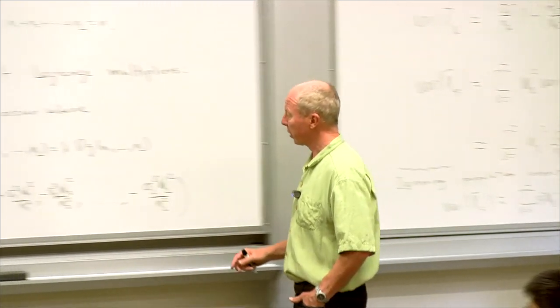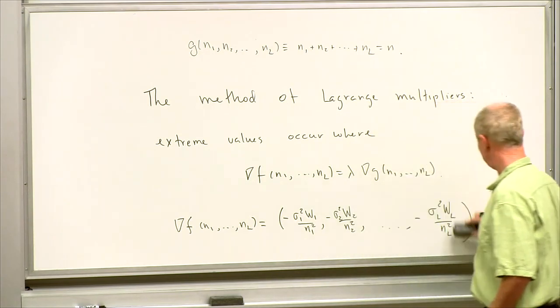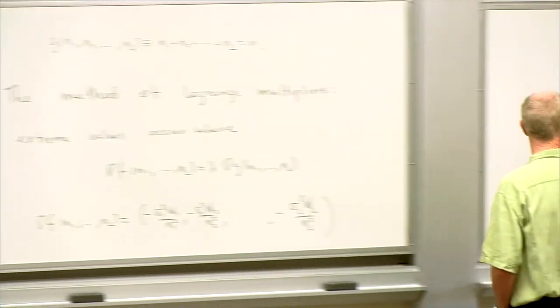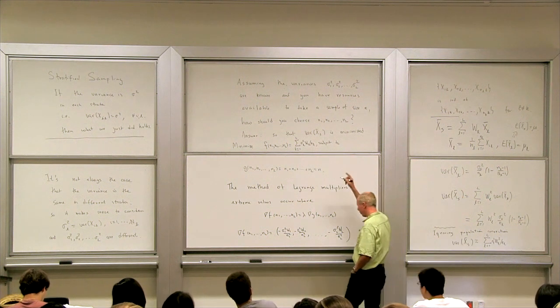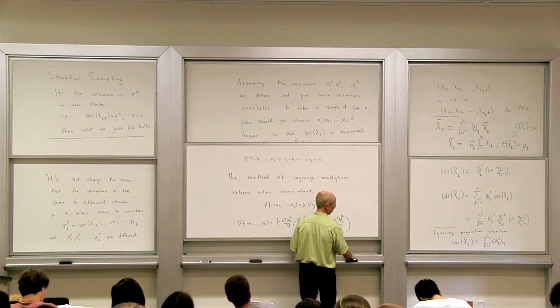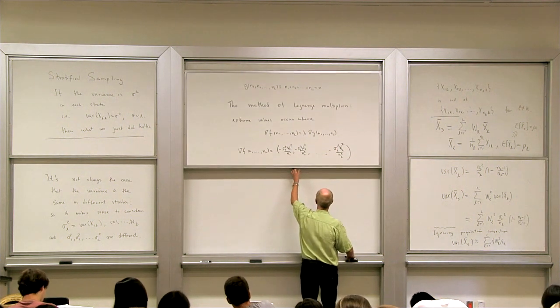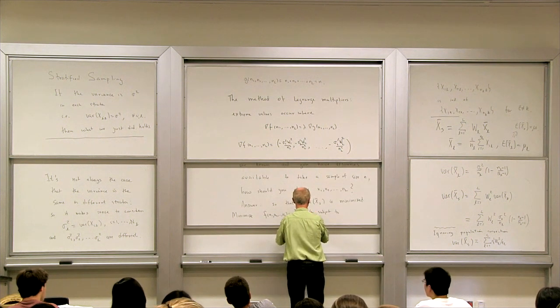Oh, no squares on the W, sorry. Oh, yeah, there is squares. There should be there. Right. The square is missing here. Okay,